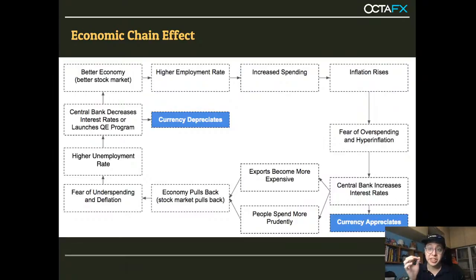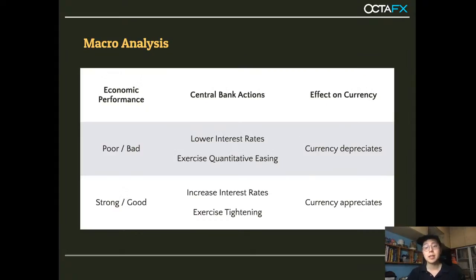Hopefully in this webinar, this sharing, you also understand the big picture of what's happening in the currency world and the economic world. Now this table again, if you're on your computer or laptop, do a screenshot. If not, use your phone to take a photo as well. This is a very good summary of what I just explained to you.